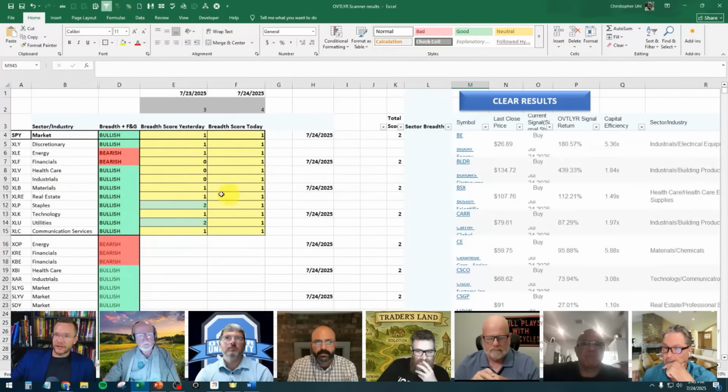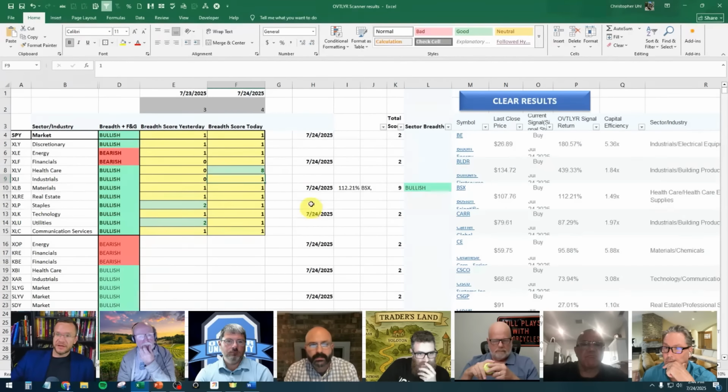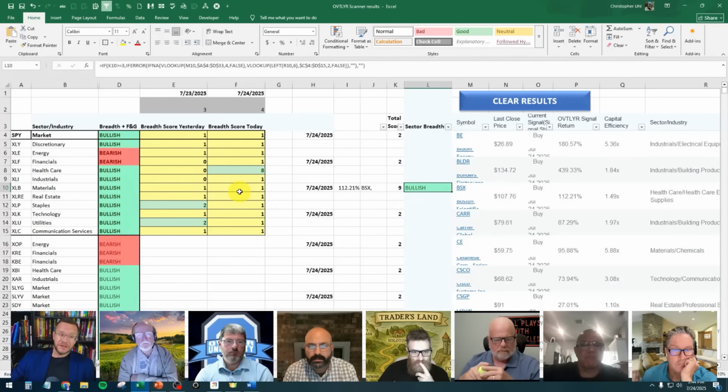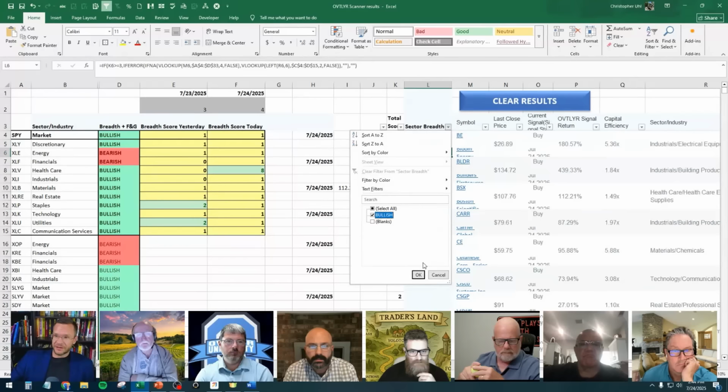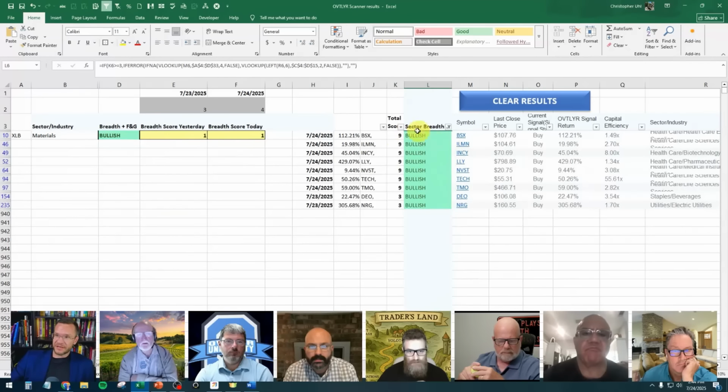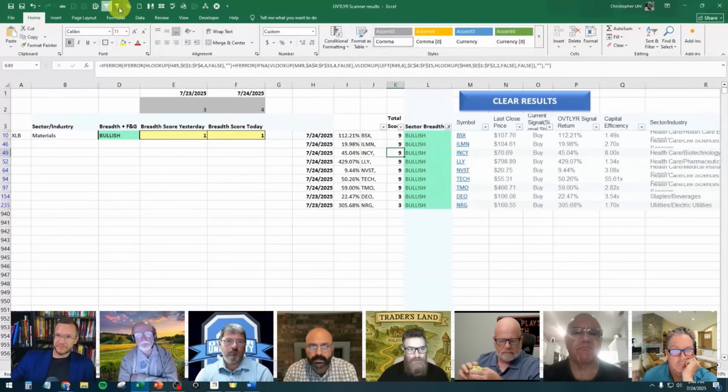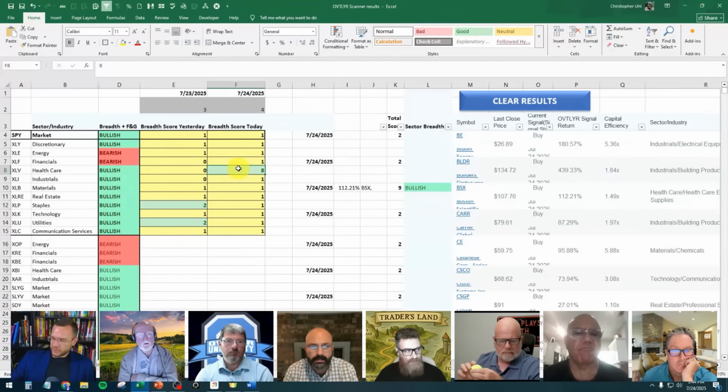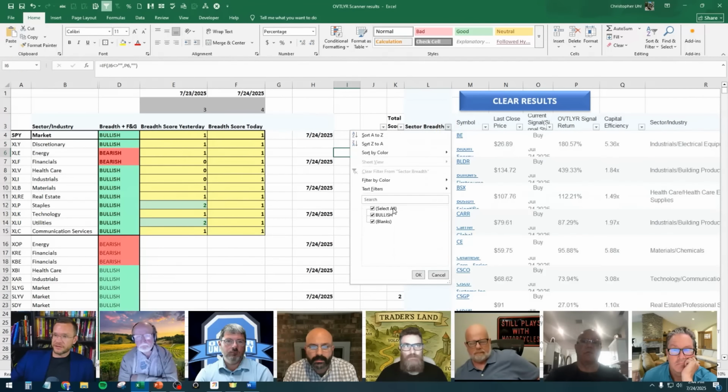Good. So let's say, for example, I'm just going to throw an 8 on here for posterity's sake, an 8, okay? This is now greater than 2. Anything that's greater than 2 will pull out bullish. If it's not bullish, it'll just be blank. So all you have to do is filter on that, and now you'll see more because the healthcare sector, I gave it a score of 8, which gives it a combined score of 9. Okay, let's put this back to 1. Now I'll show you the next step that I do. I'll filter these to bullish,